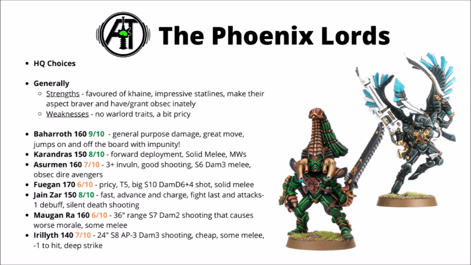Finally we've got Irillyth of the Shadow Spectres in Forge World, 140 points, and actually has some fairly solid shooting at 24 inches, 3 shots at strength 8, AP 3, damage 3, has an inbuilt -1 to hit, and still fights with a damage 2 combat attack as well. Pretty fast moving and okay damage at range and melee I think are generally pretty good, plus he did get errata'd to have the same Favourite of Khaine rule as the rest of them do, so I think he's an okay choice. Overall, out of them I'd still say that Baharroth was the best though,